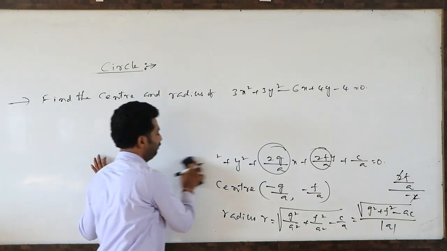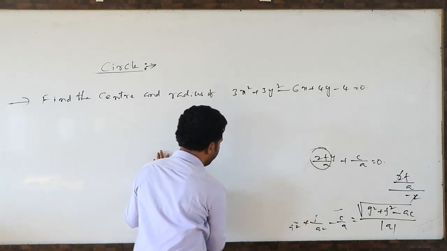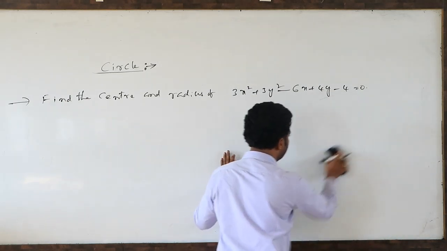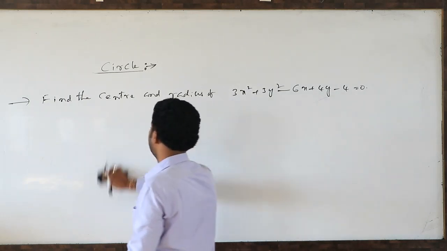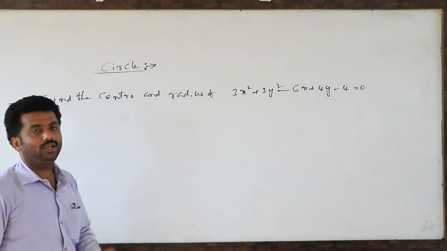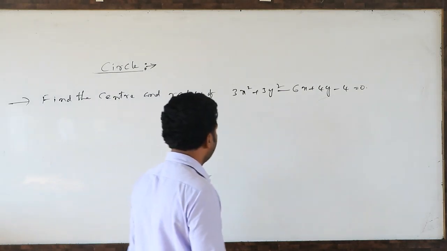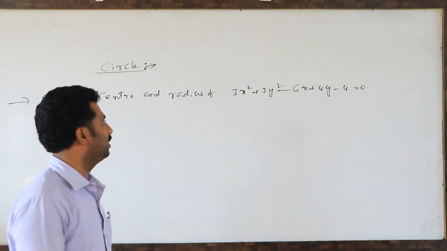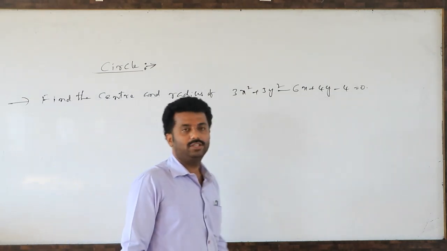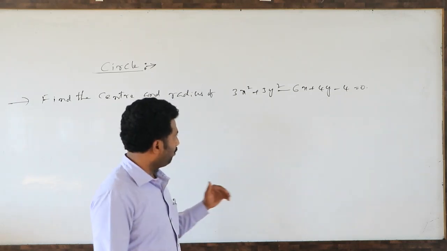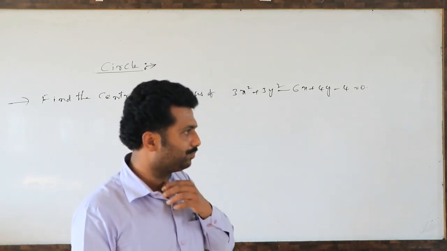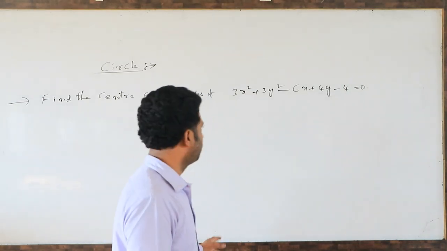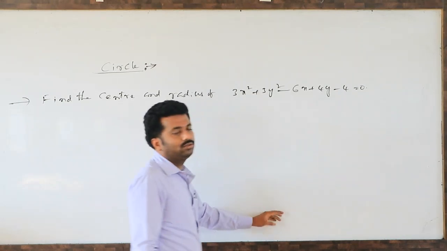See here, they are asking both the center and radius of the circle. Whenever a circle equation comes, you have to check only one thing, whether the x square and y square coefficients are equal or not. If they are not equal, then that equation is not representing a circle. If you write one sentence, that is enough. From the entrance exam point of view, it does not exist. The fourth option, none of these, will be there like that. So like that we have to choose.